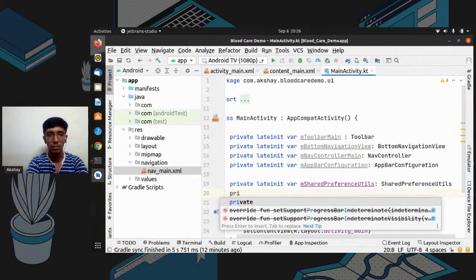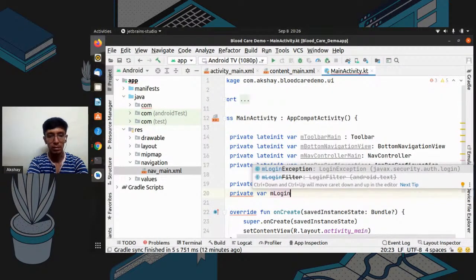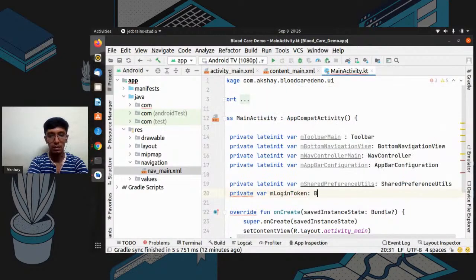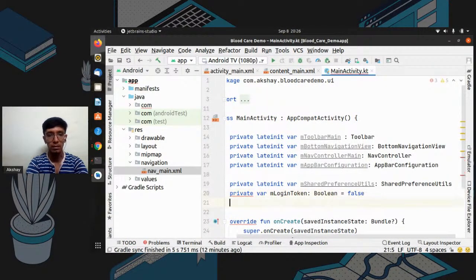And we will need to store a login token. So login token calls. Then